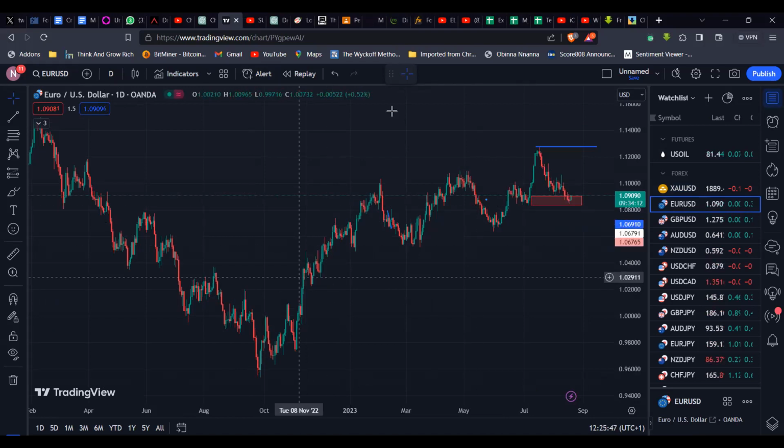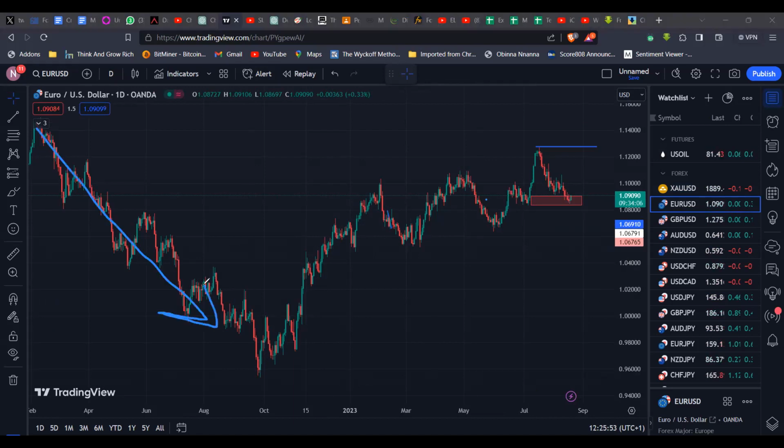Now, you see this here, where this market has been bearish just as DXY has been bullish, and then shifted bearish. EURUSD was bearish all through last year, and then shifted bullish toward the end, and then continued to maintain that bullishness. So we're looking at this market, and the market is clearly very bullish.